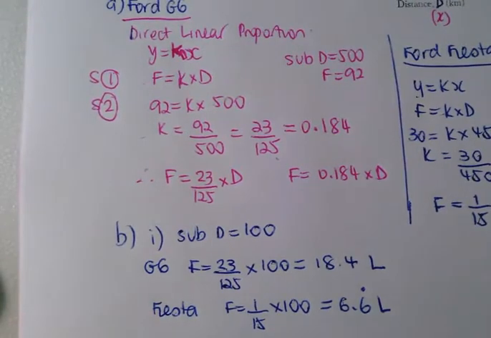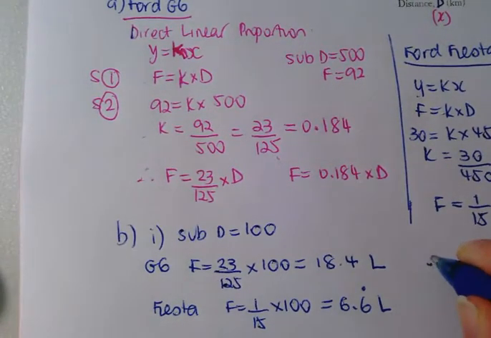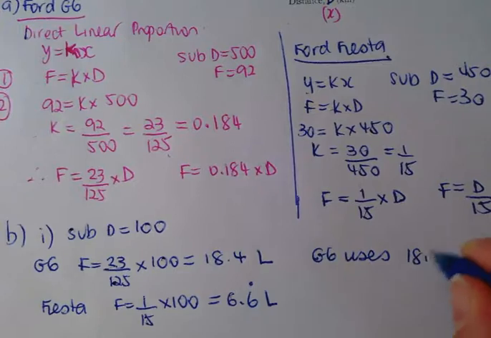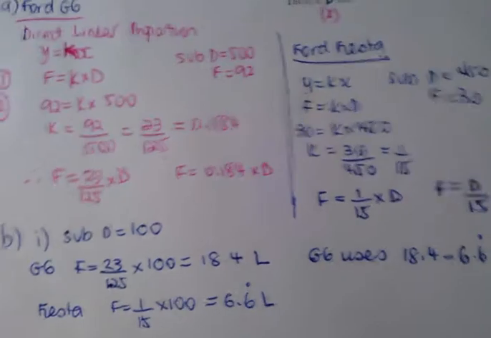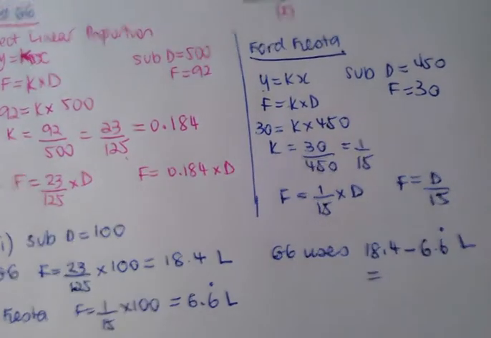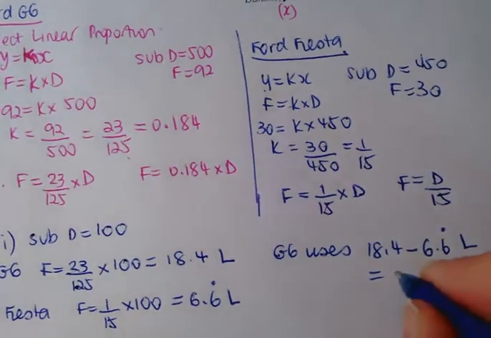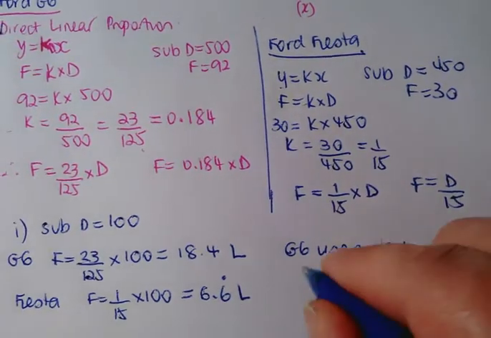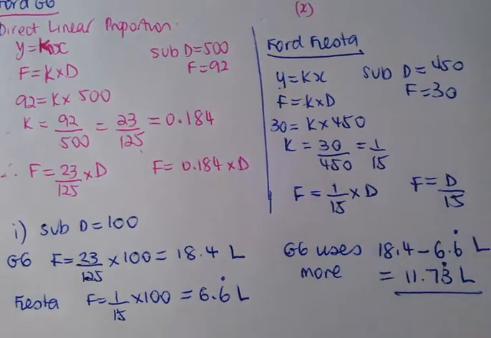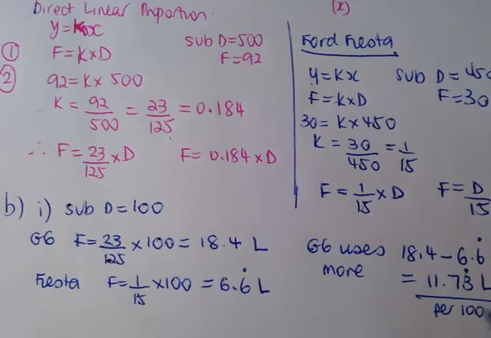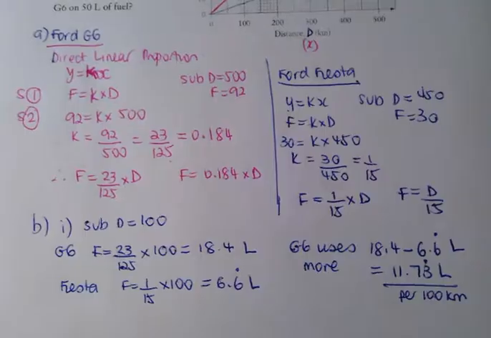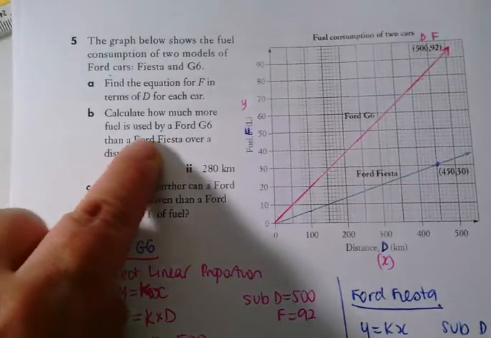So the question was how much more fuel is used. The G6 uses, and you'll just have to subtract the amounts, so you've got 18.4 minus 6.6 recurring litres, and we get 11.73 recurring litres. So the G6 uses that much more, 11.73 litres over 100 kilometres, okay? Now for part 2, it's asking how much more fuel is used by the G6 than the Fiesta